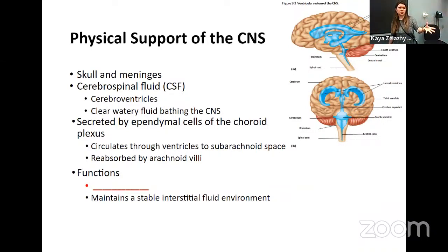So the function of the CSF is partially for physical support and cushioning, but this also helps maintain a stable interstitial fluid environment, right? So we've talked about the fact that interstitial fluid, the fluid outside of cells, versus the contents of the cytoplasm, the fluid inside the cells, that intracellular fluid, can be different. And we've seen that our nervous system, these neurons, right,